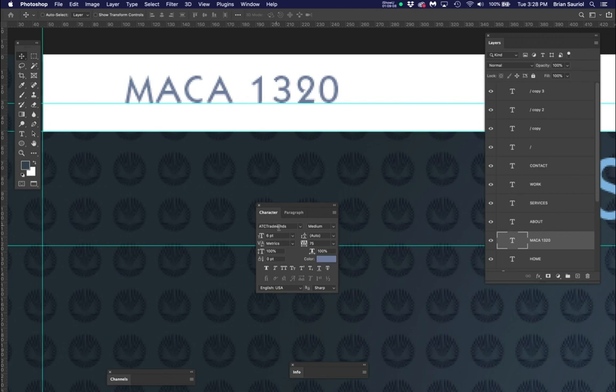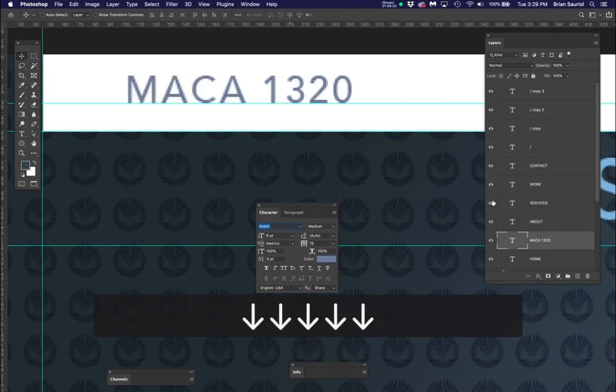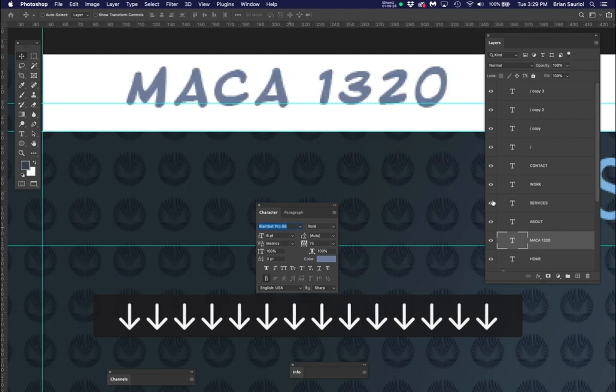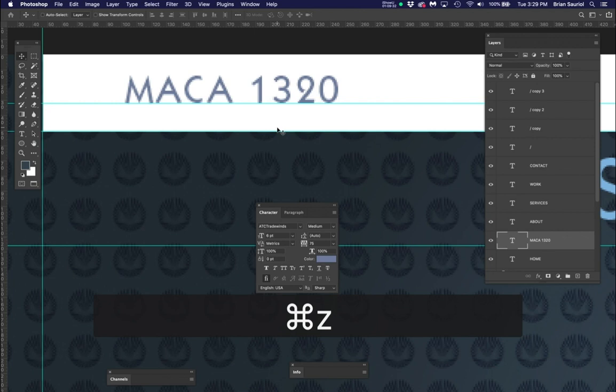But watch how cool this is. If you're in the Move tool and you highlight this text in the character palette, you can use the down arrow and it will go through all the typefaces. So you can choose the typeface that you want. Now, let me click away from it and hit Command or Control Z to go back. Let's do it one more time. If you're in the Move tool